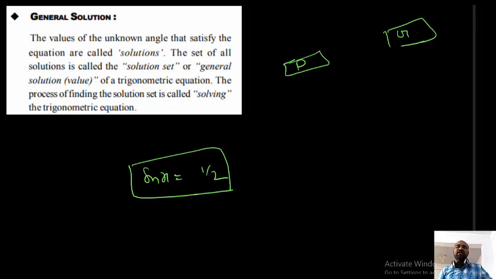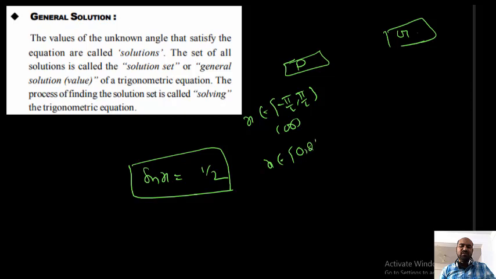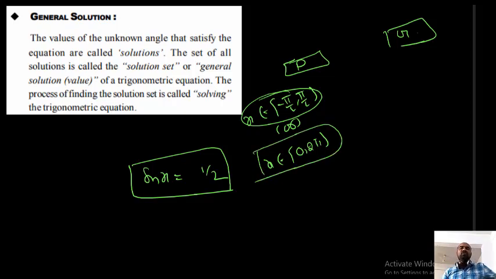Principal solution or particular solution: your x should be between minus pi by 2 and pi by 2. One of the values should be taken from minus pi by 2 to pi by 2, or x belongs to 0 to 2 pi. This is the better one. Take any value, that is called principal solution or particular solution. Especially for sine, the value should be taken between minus pi by 2 and pi by 2; why we take that, we will discuss later. In general, for any trigonometrical function, your value should be between 0 and 2 pi, and that is taken as principal solution.